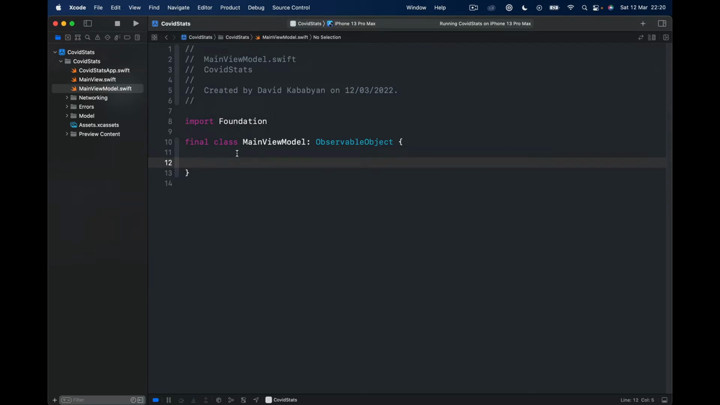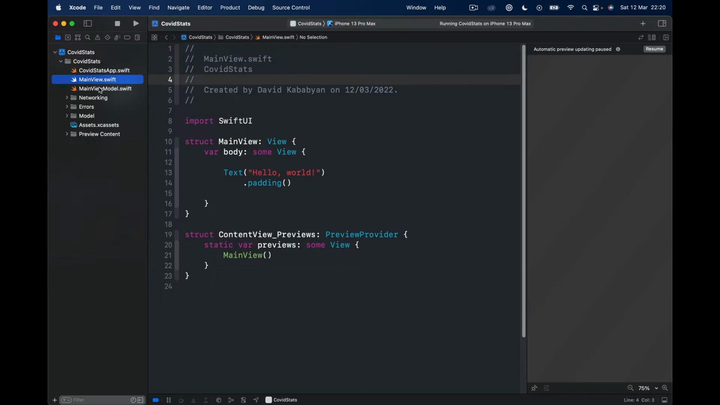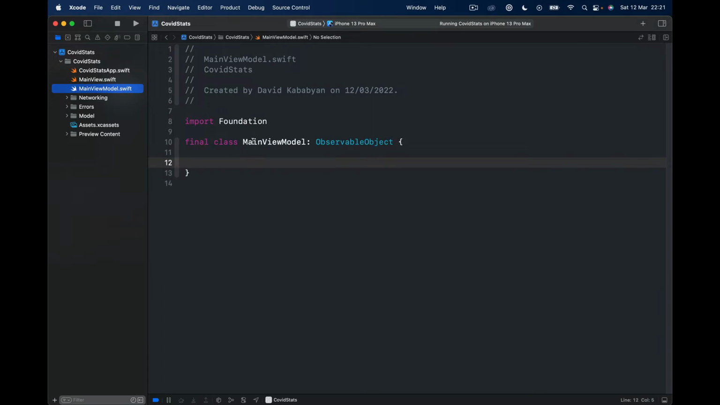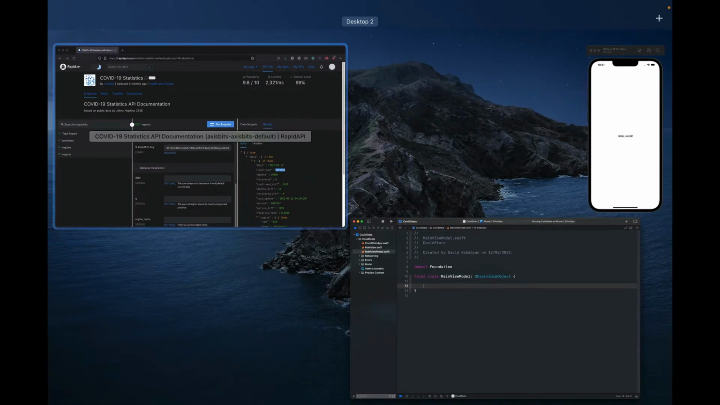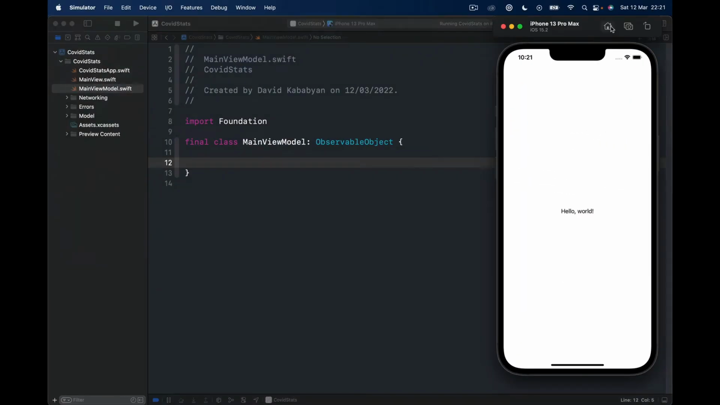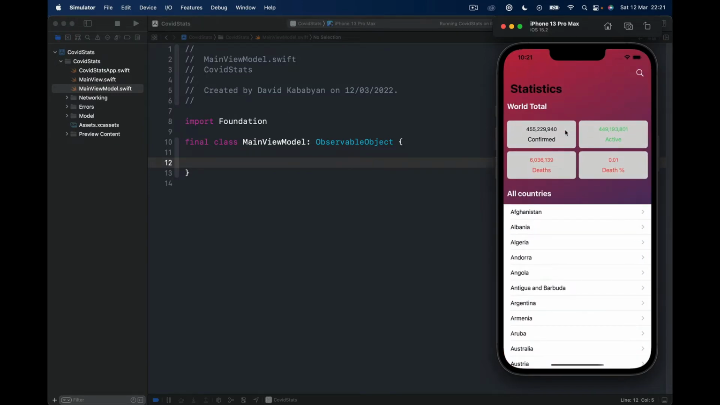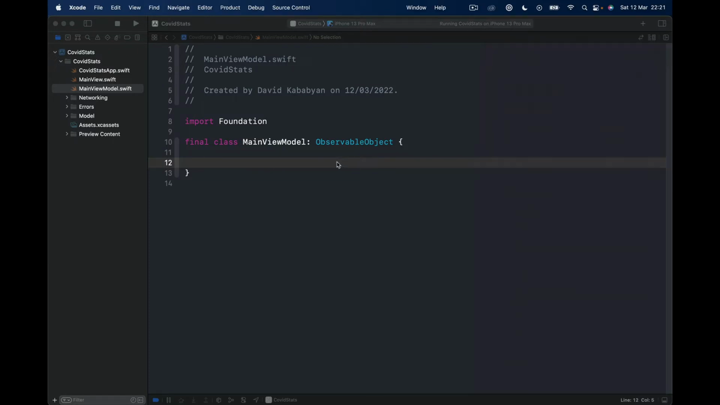So our main view model is going to be the model of our main view. So everything is going to happen in our main view model, and then our main view is going to take care of only the view part of our code. So here we are going to fetch our total data, fetch all the countries, so that our main view can show. If I go back to ready application, so we're going to fetch the data available here, and then our main view is going to present it. So let's create an initializer here,